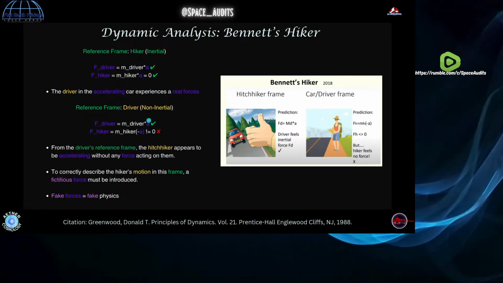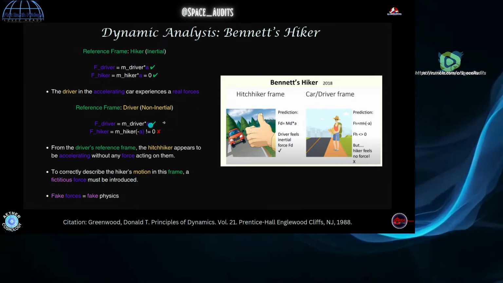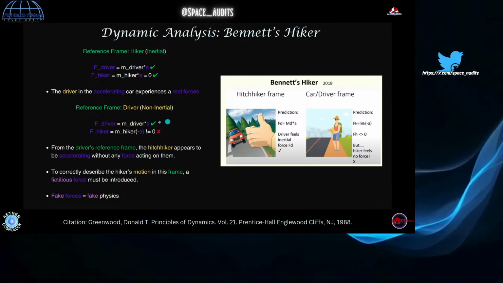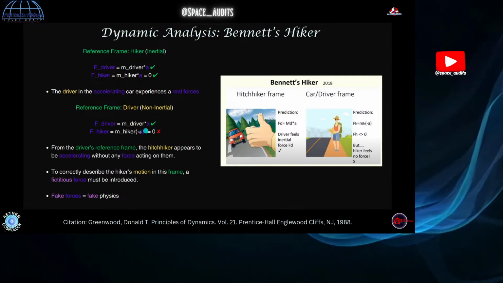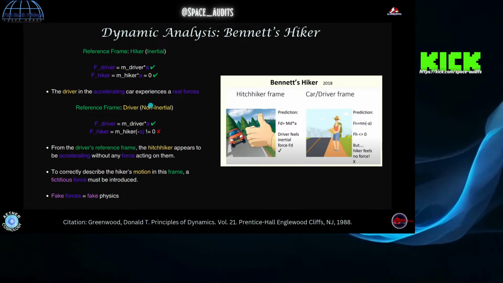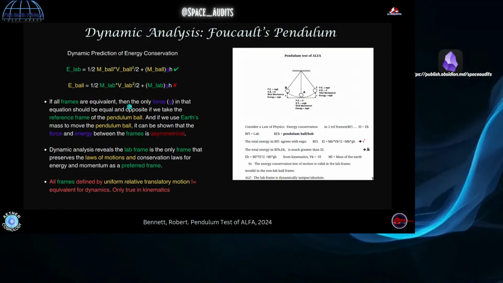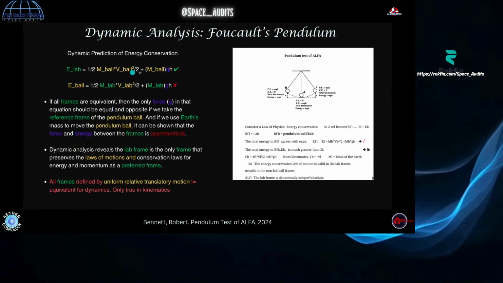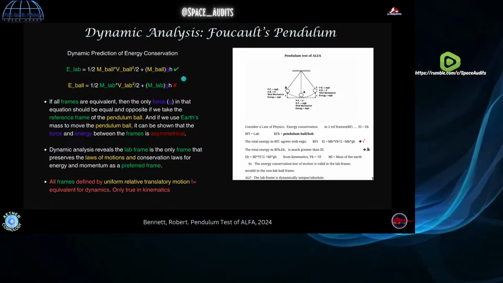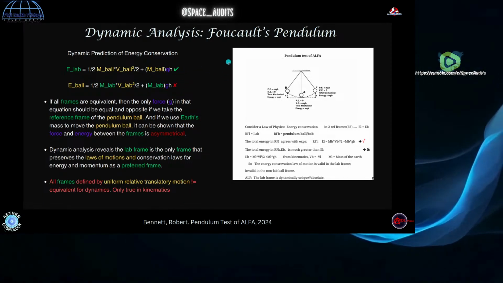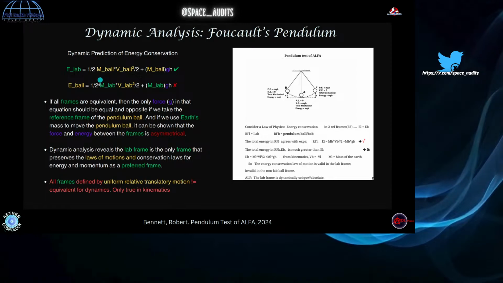So when we're looking at the difference between the two frames, when one's not in motion, it predicts a zero value, predicts no force. It makes the wrong prediction to apply force where there isn't one. Okay. Seems pretty straightforward so far. And then when we get into this situation, it's just the same thing, but instead of writing out the numbers, you just write it out in variables.